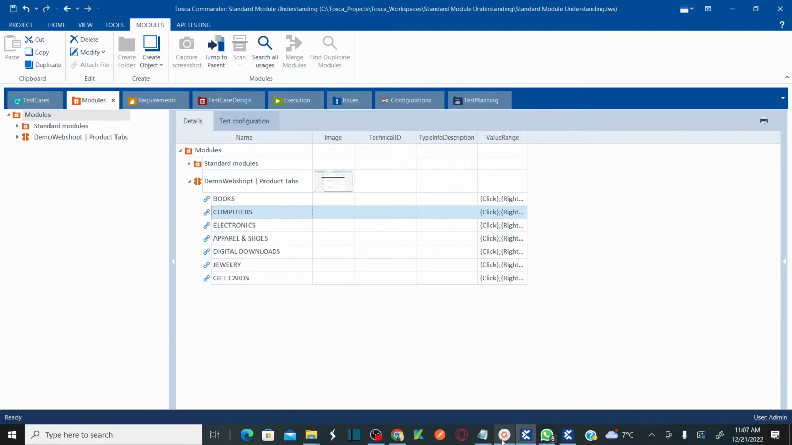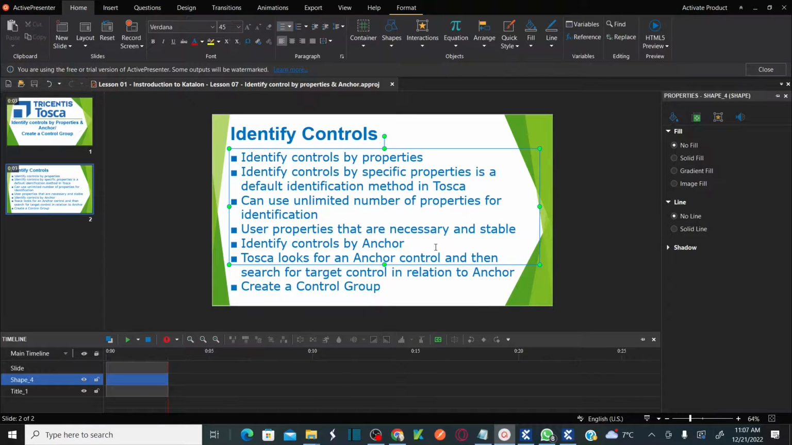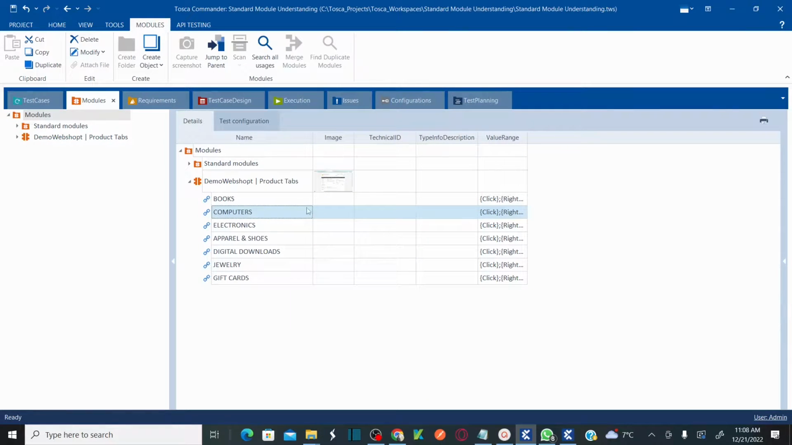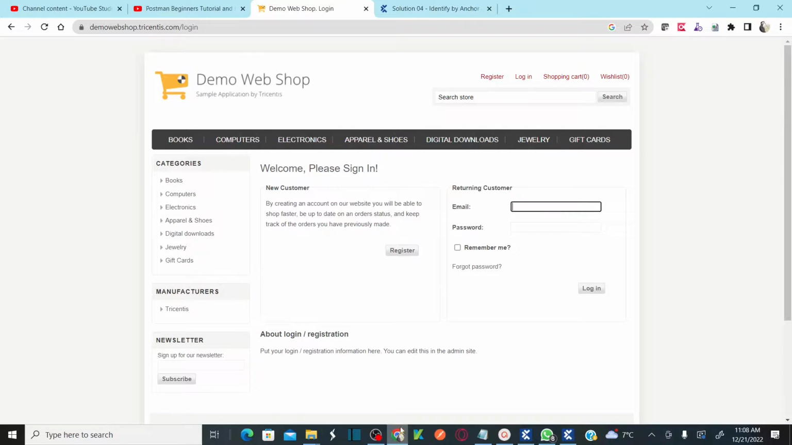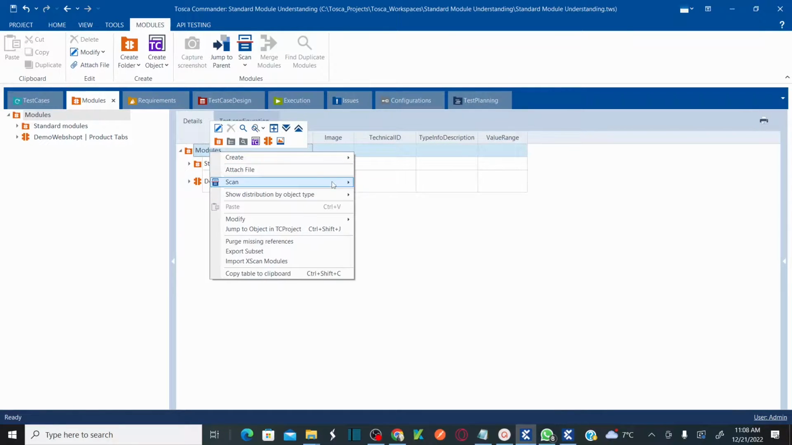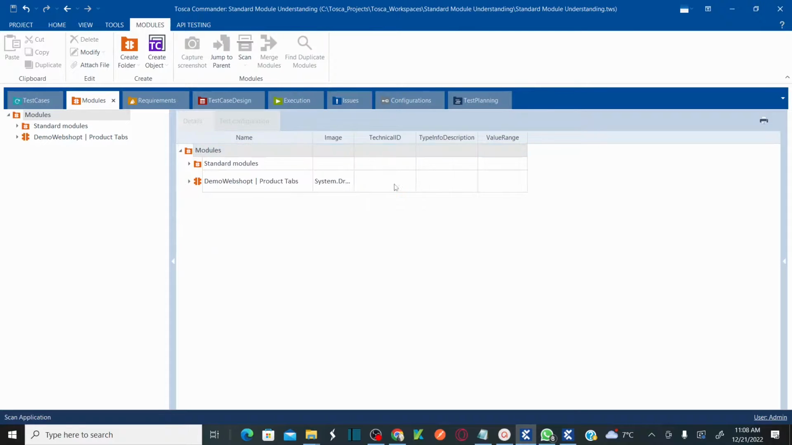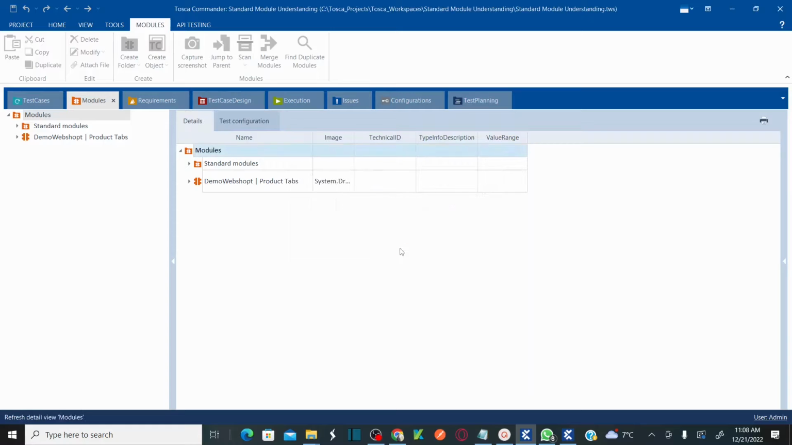Okay, so what is our next agenda? Next agenda is to identify the properties by using anchor. Okay, so let me create a new module. Click on modules. Let's be on the same page. Right click, scan application, and then